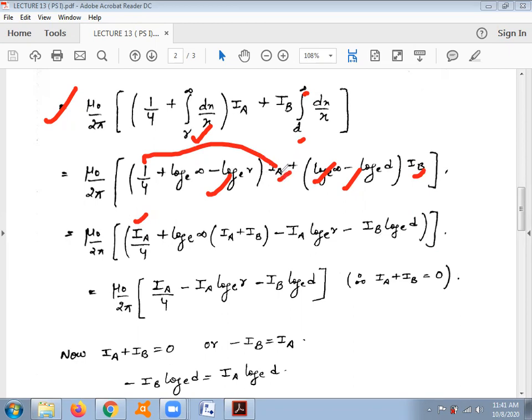If a is multiplied here, a minus sign comes, and if b is multiplied here, a minus sign comes. But at the start of the derivation, the sum of all the currents entering or leaving the junction must be equal to 0 according to KCL. So this concept is applied, and this particular term is substituted as 0. The remaining terms are left as written here: minus IA log r minus IB log d. The sum of all currents equals 0, or we can say the other current is flowing in the reverse direction, which is shown by the negative sign.